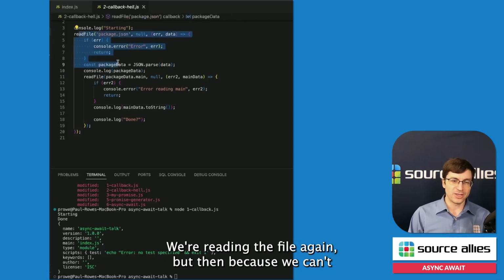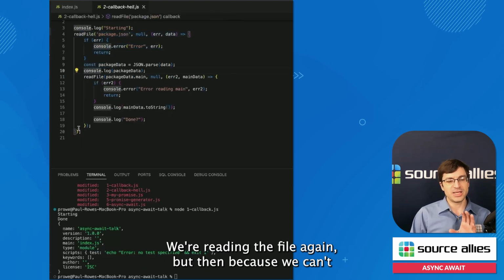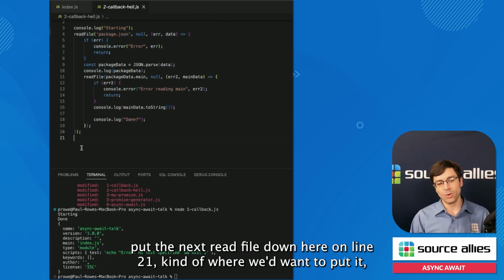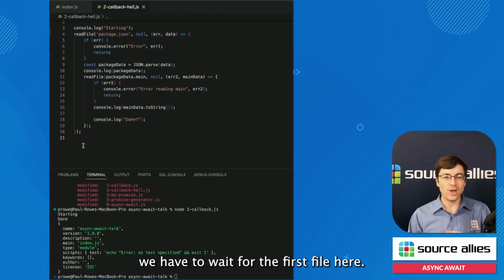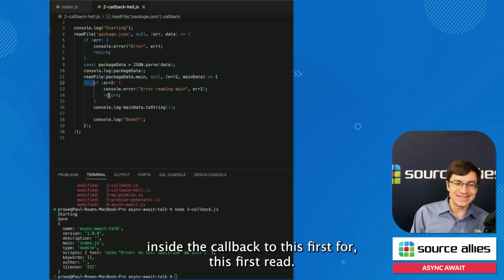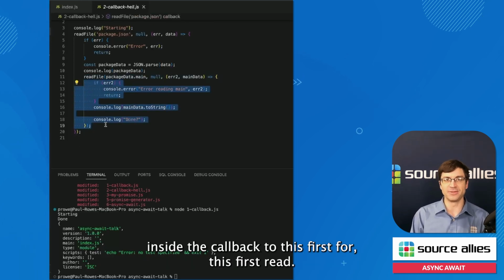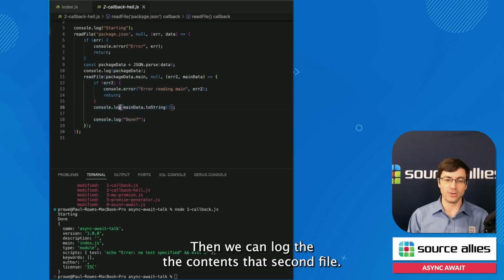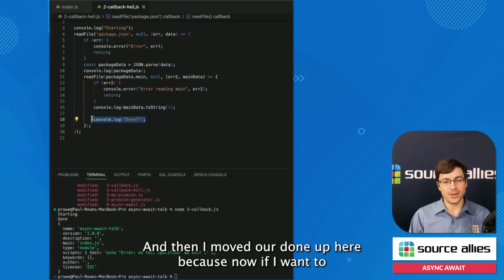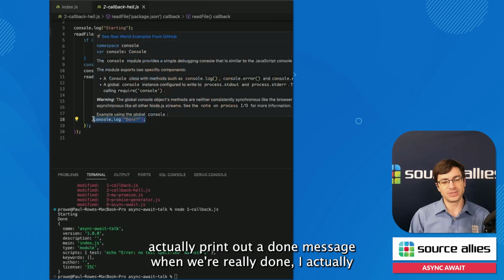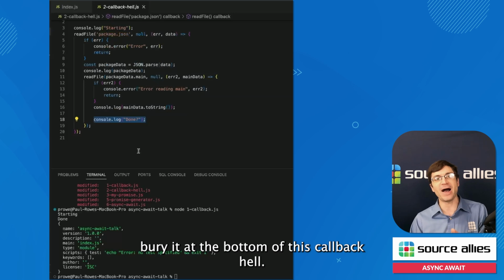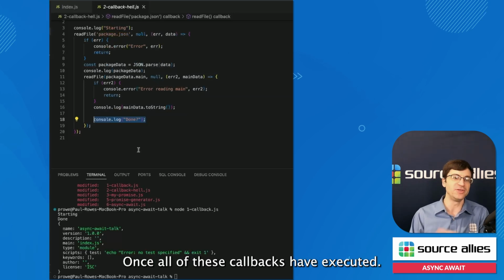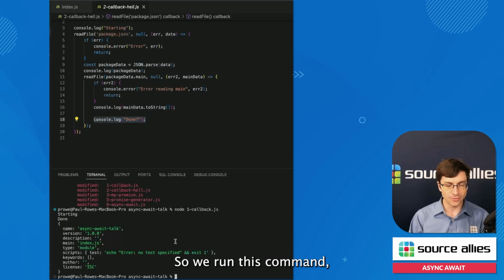We're reading the file again, but then because we can't put the next read file down here on line 21, kind of where we'd want to put it, we actually have to nest it inside the callback to this first read. We have to check for it having errors. Then we can log the contents of that second file. And then I moved our done up here because now if I want to actually print out a done message when we're really done, I have to bury it at the bottom of this callback hell, once all of these callbacks have executed. So if we run this command,